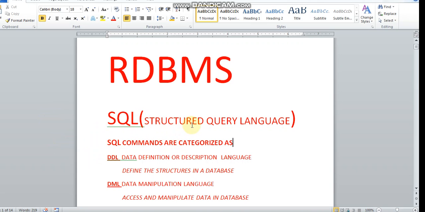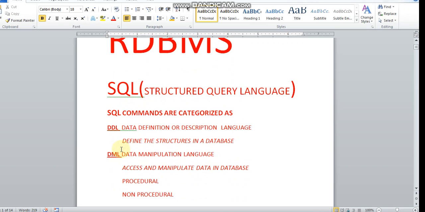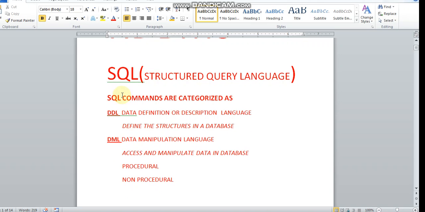SQL commands, the structured query language, we call it SQL also. They are categorized as DDL and DML commands. Now DDL commands are data definition language, or you can say data description language, and DML